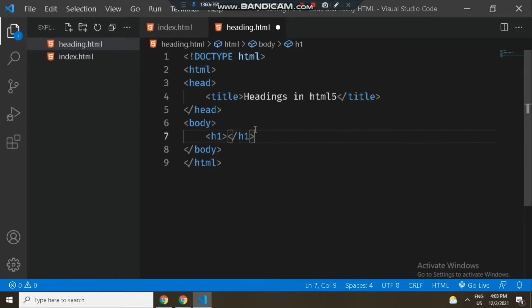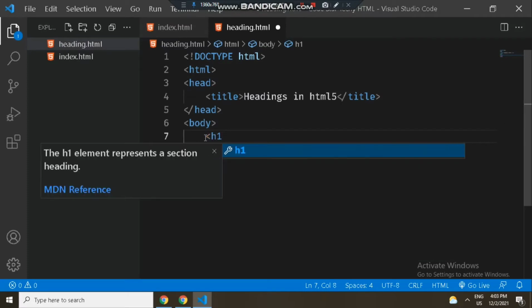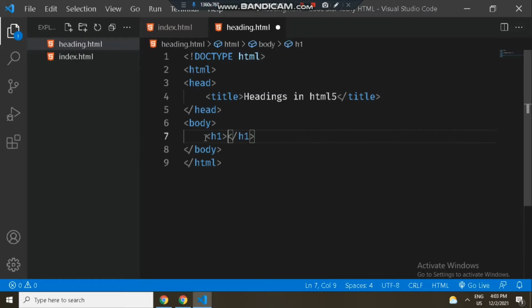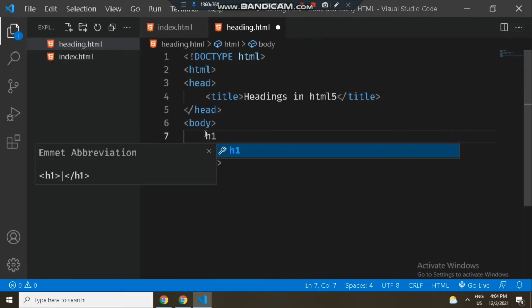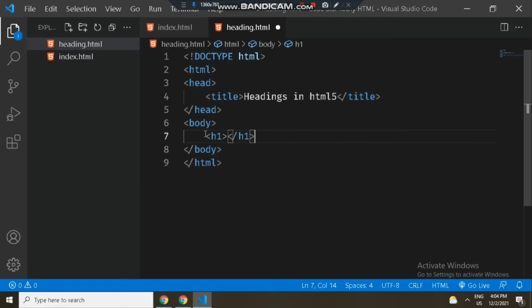If you did not notice, let me show once more. Any tag, suppose I'm typing h1, and then I close this angle bracket, see, the closing tag came automatically. This is one shortcut. Or you can directly type h1 and this will come. This is called Emmet.